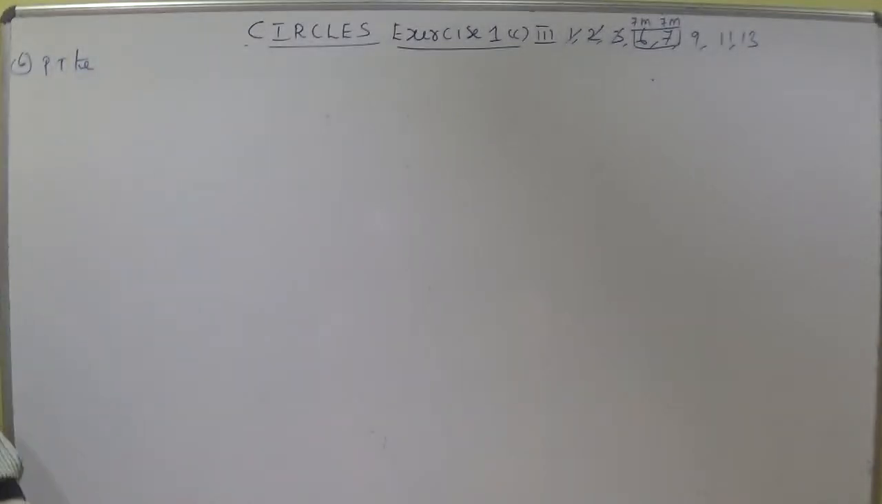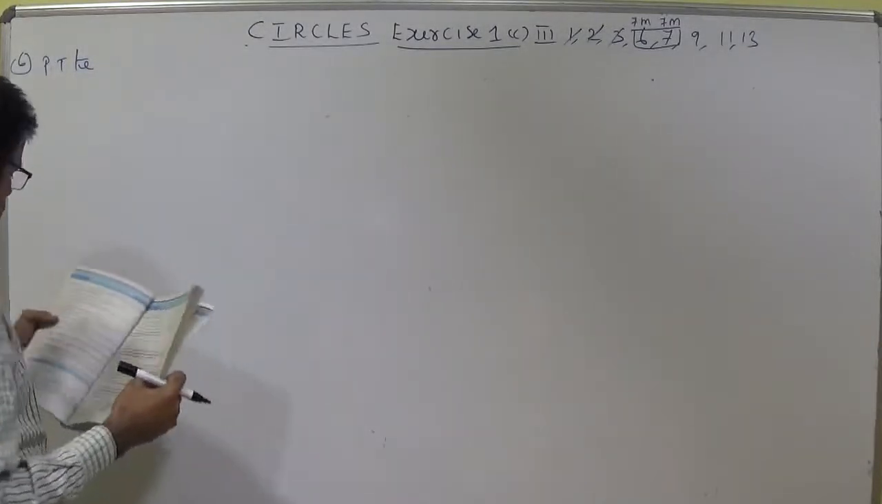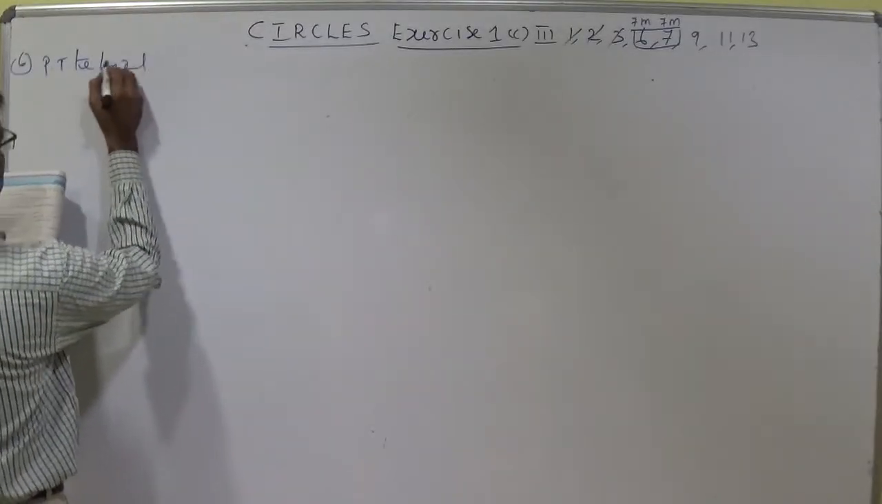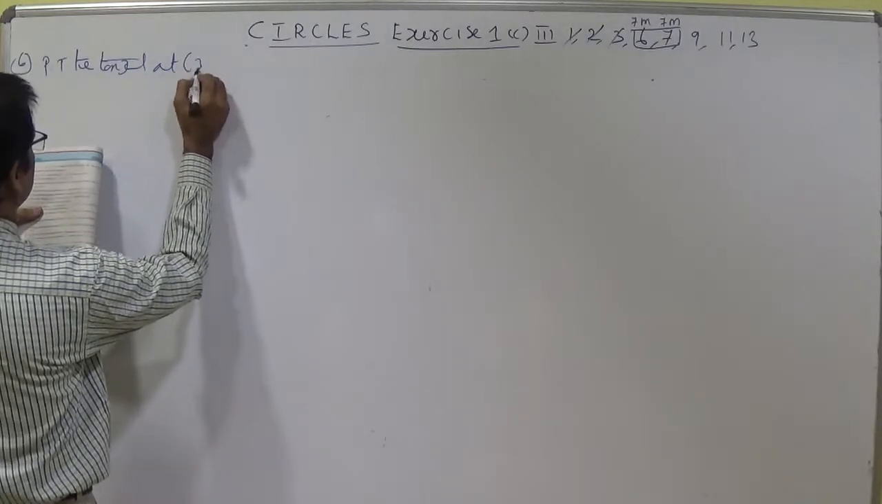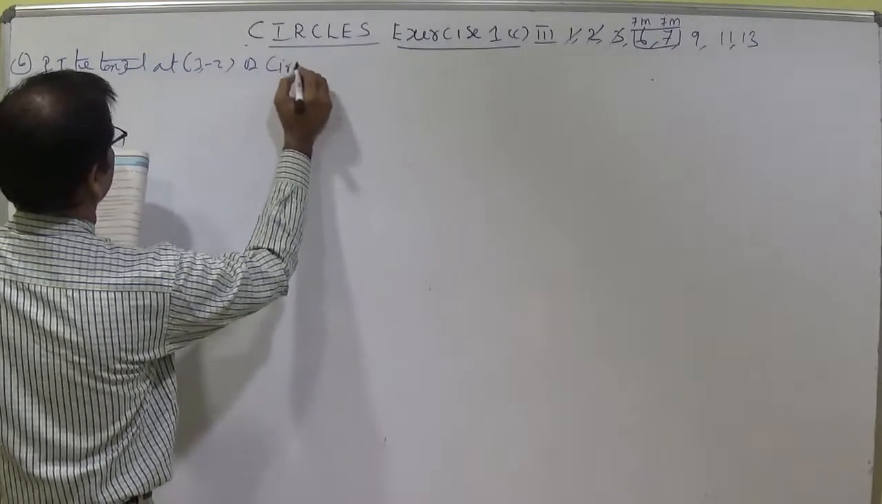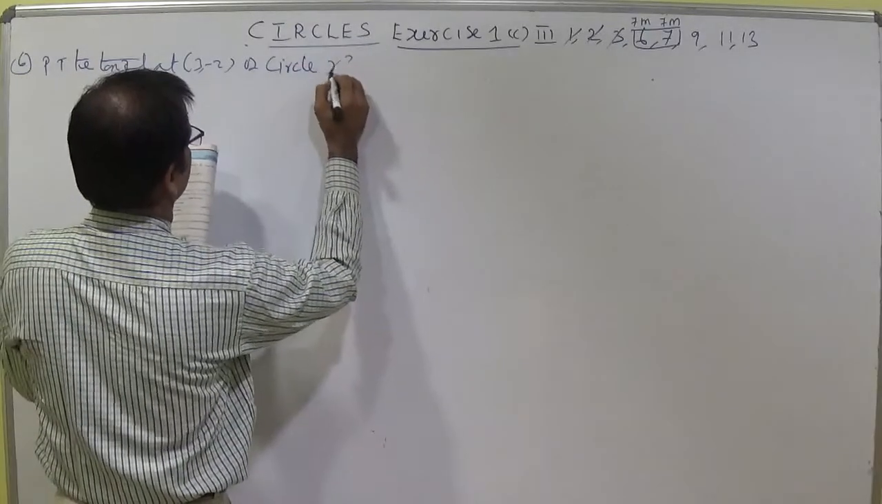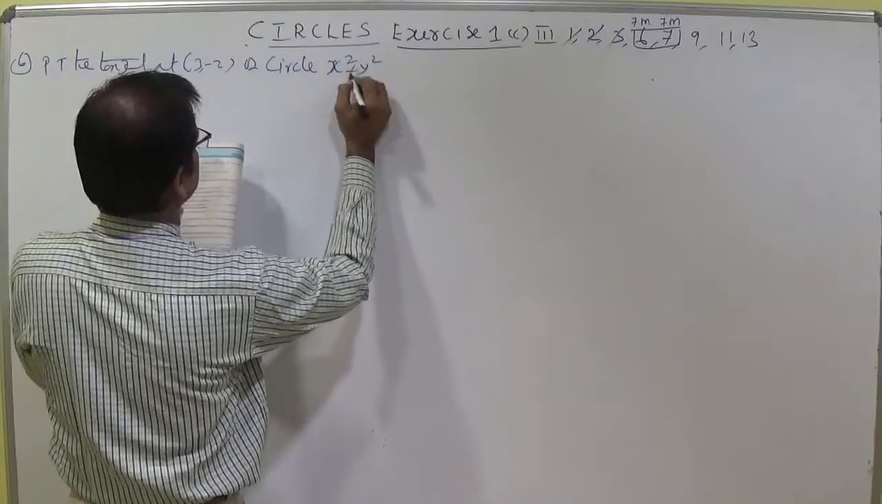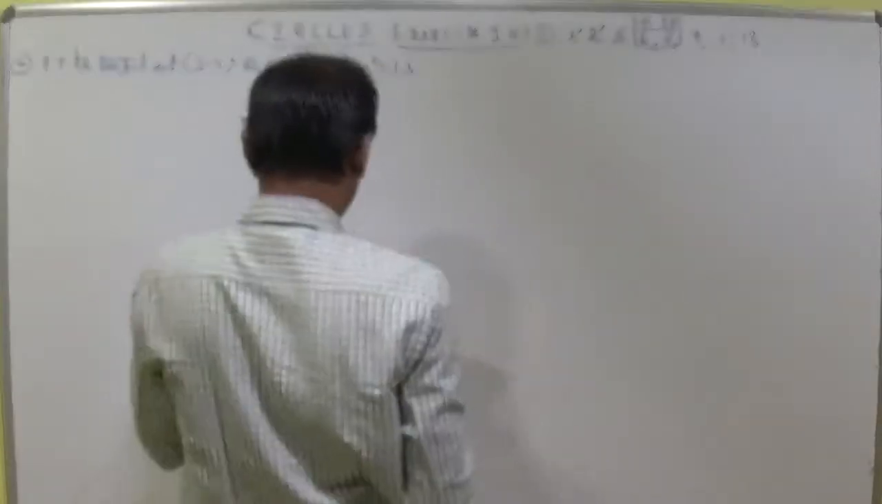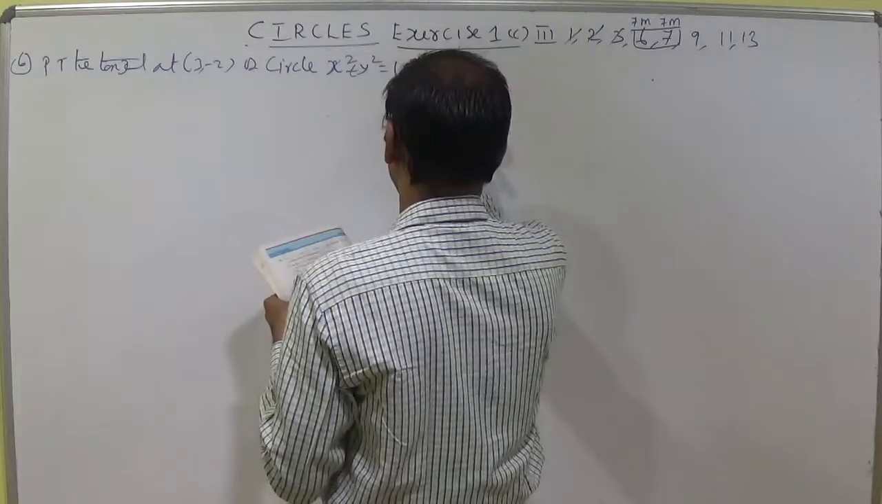Prove that the tangent at 3 comma minus 2 of the circle x square plus y square is equal to 13